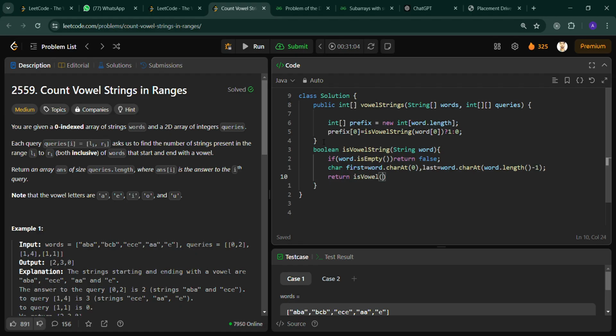Also we have to make the function isVowel for first and last. Here we have to remember one thing: we will pass one character, for instance first and last, and we have to check if that character is in A, E, I, O, U using indexOf, which is a function in Java. If this character is in A, E, I, O, U, then return 1, else if it is not there then return -1. Okay, so